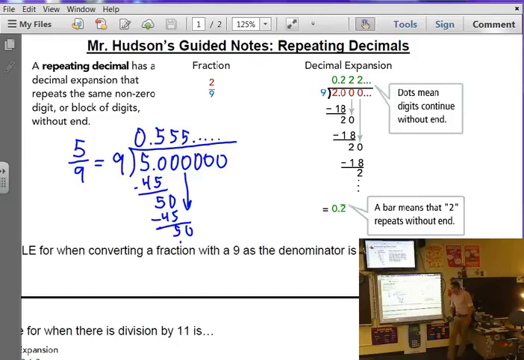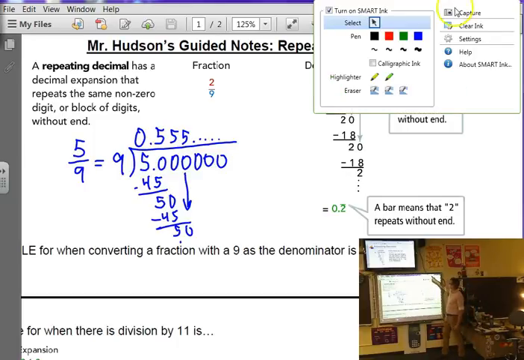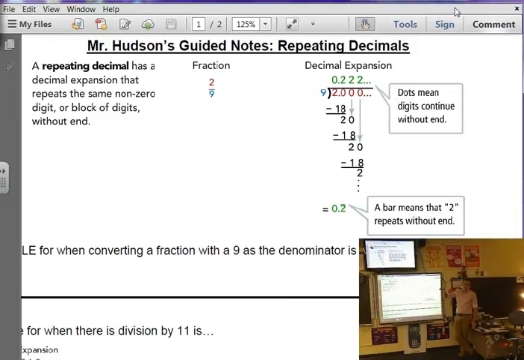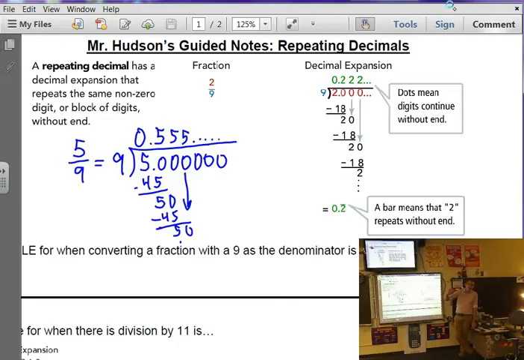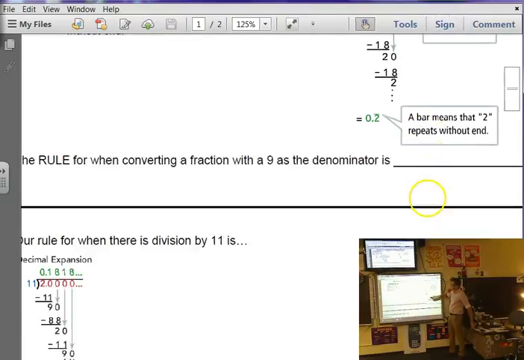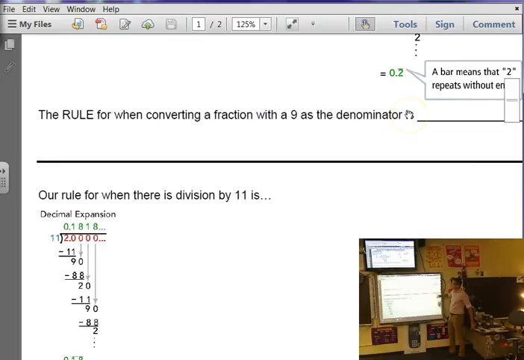So, all right, we got to move on. What can anybody infer? Use what we've seen to make a hypothesis. Can anyone infer a rule for dividing by nines? The rule for converting a fraction with a 9 as the denominator. Ellie? That the numerator will go on forever. The numerator repeats. So our rule for converting, and I'm going to write it on the bottom line, but obviously you can start up here. Our rule for converting is,